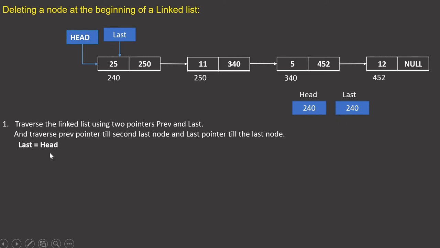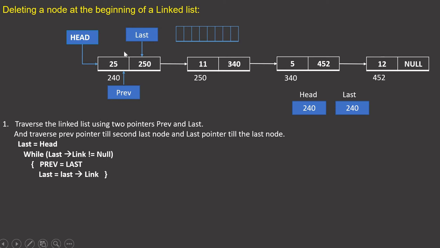Now I'm going to do the traversing by using this pointer, and I will define one more pointer in the meanwhile, right? But to initialize that second pointer, there is a condition. What is the condition? As I said, this node contains 8 bytes, and if I'm at the base address 240, I can access any of these. The first 4 bytes are the data, so if I'm reading the first 4 bytes, I'm reading this value. If I'm reading the link part, I'm reading the address of the next node, right?